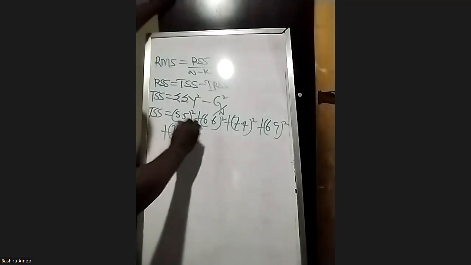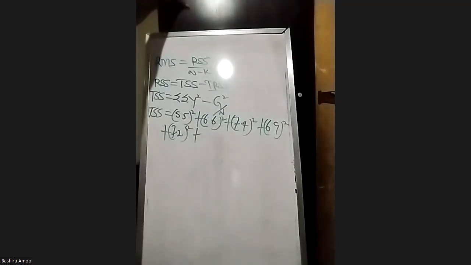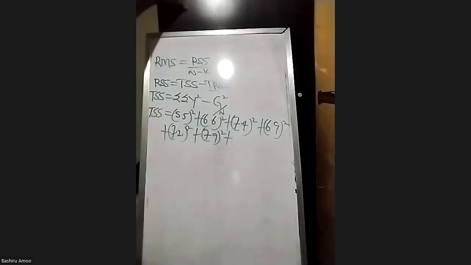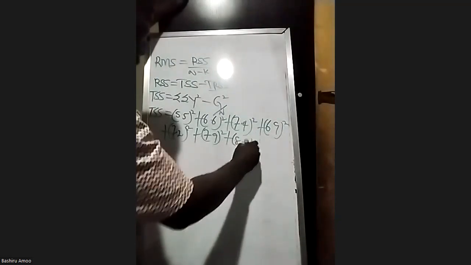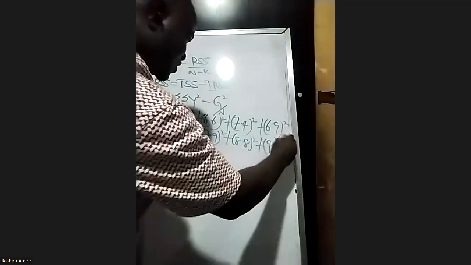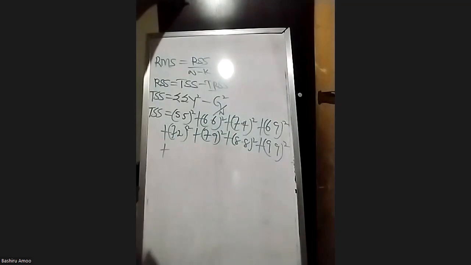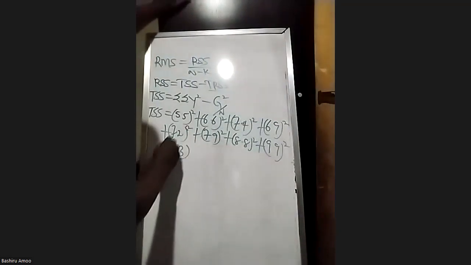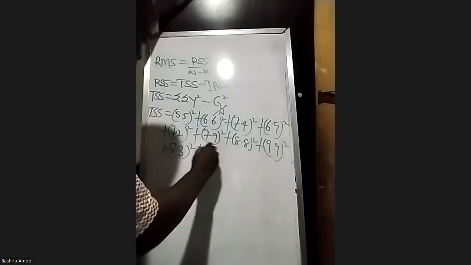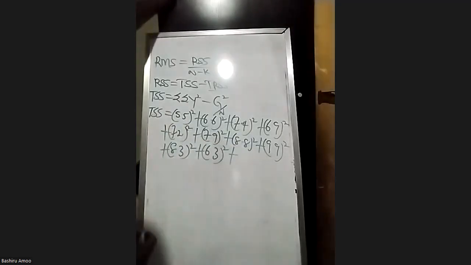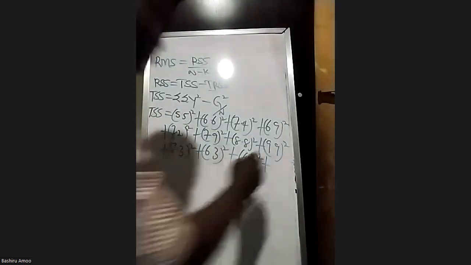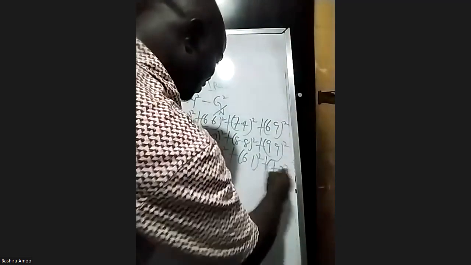7.2 square, right? That's for A. Then for B, 7.9 square. Then 8.8 square plus 9.9 square plus 8.3 square, 6.3 square, then 6.1 square, 7.3 square